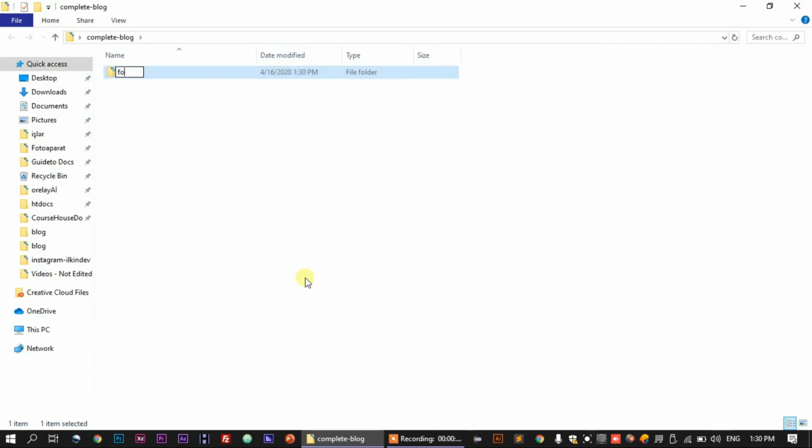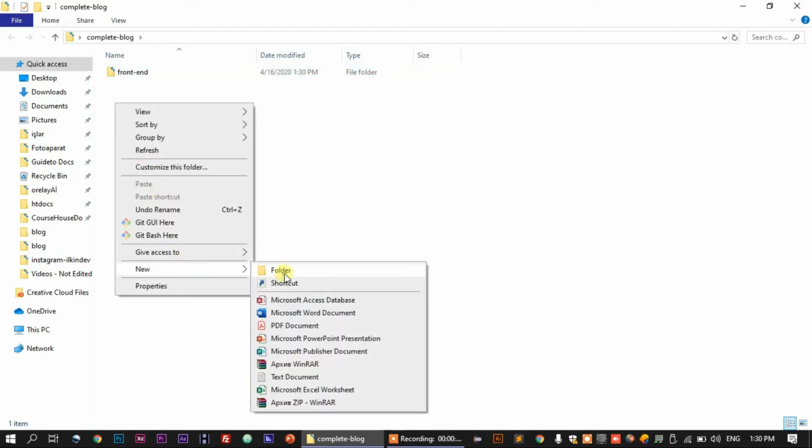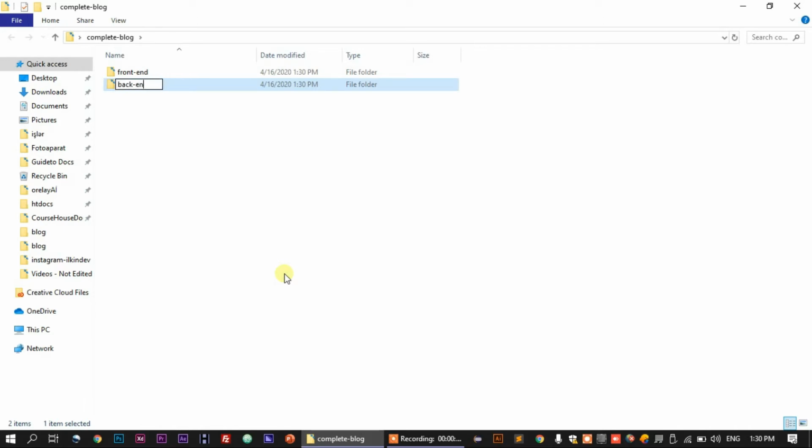First is the front end of our application, and second is our backend. So now in the front end we will have React and Redux stuff, and in the backend we will have a Node.js